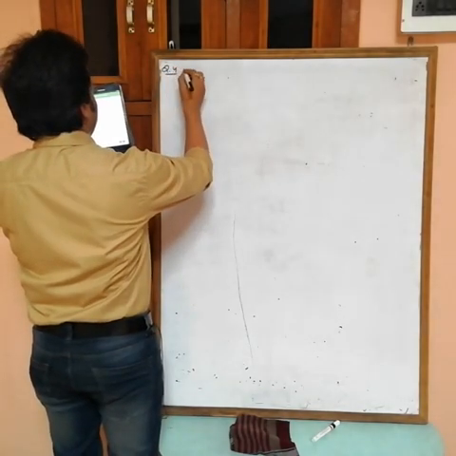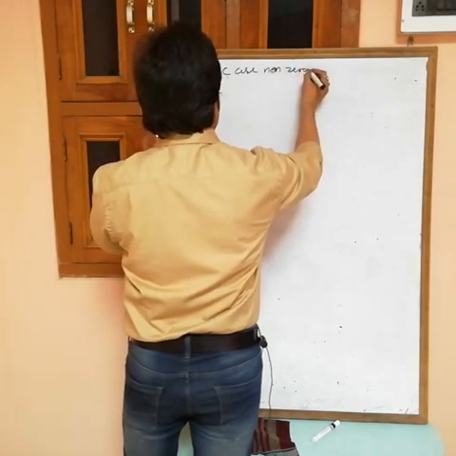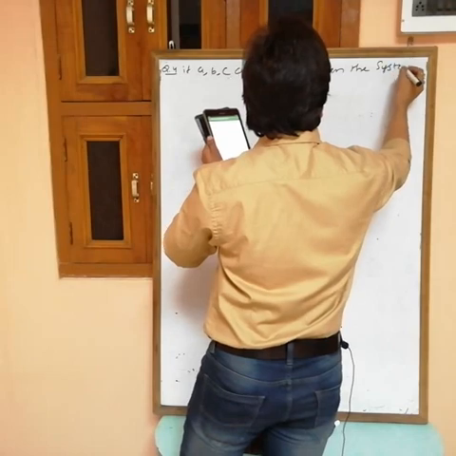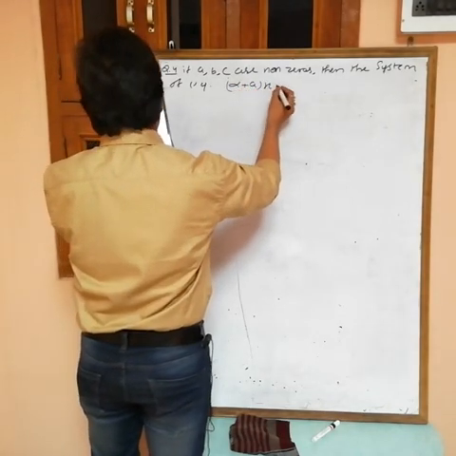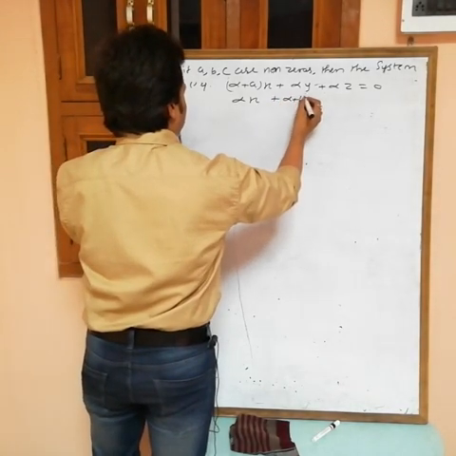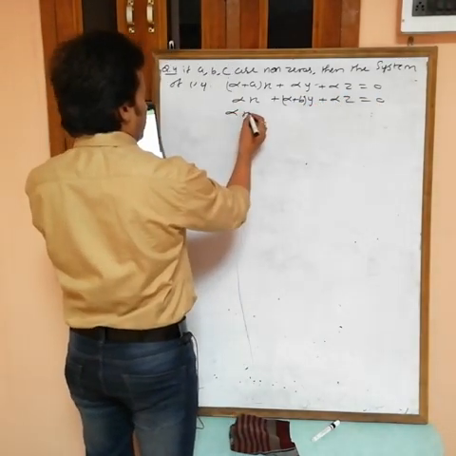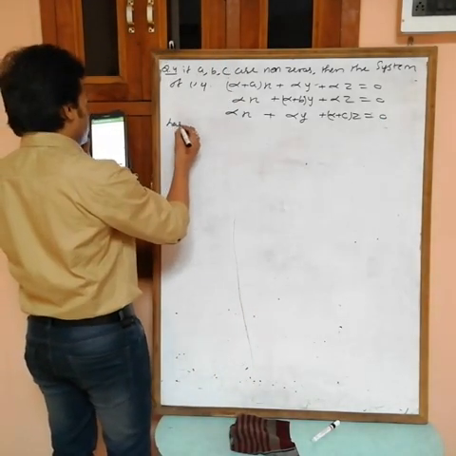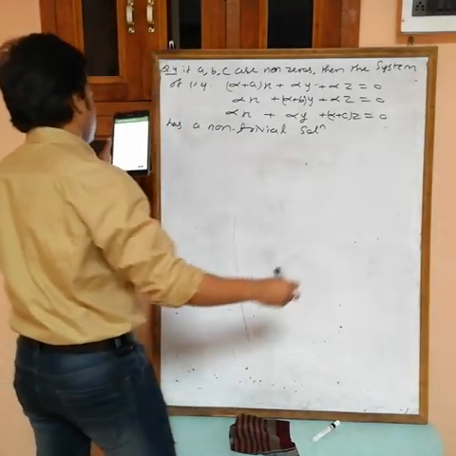Write the question. If A, B, C are non-zero, then the system of equations alpha plus A into x plus alpha y plus alpha z equals 0, alpha x plus alpha plus B into y plus alpha z equals 0, alpha x plus alpha y plus alpha plus C into z equals 0 has a non-trivial solution if